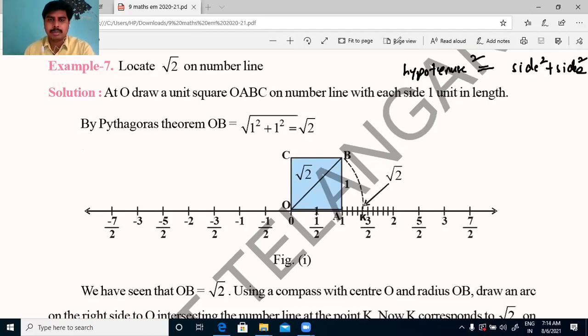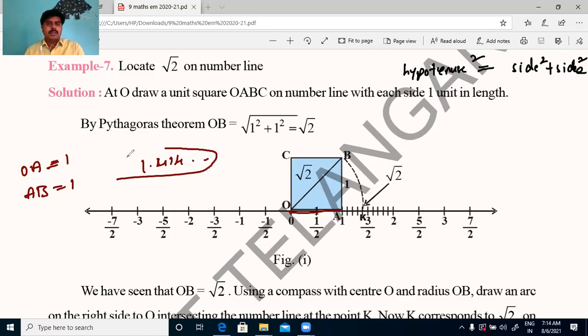So by this Pythagoras theorem, you know this length, OA length. What is OA length, Nana? OA length, 1 unit. What is the AB length? That is also 1. But you do not have this OB. Actually, why do we need to find that OB? We have to represent root 2 on the number line. To represent root 2 on the number line, we don't know the value of root 2, right? So what is the root 2 decimal expansion actually?